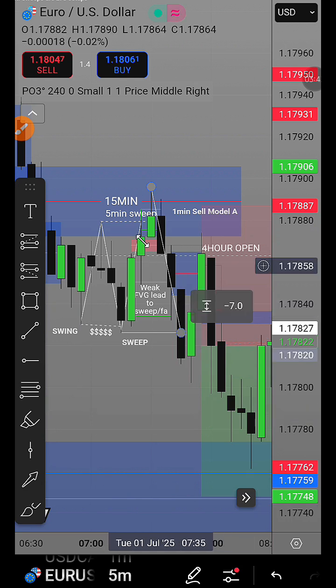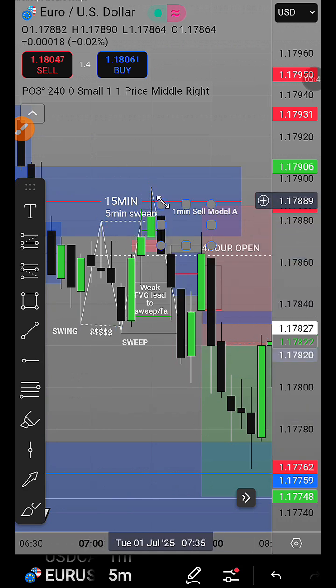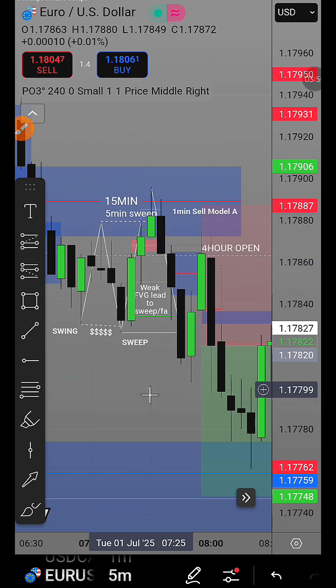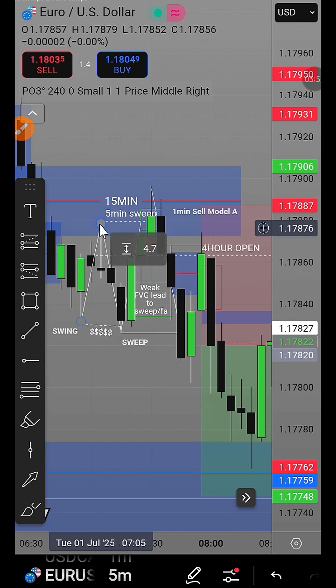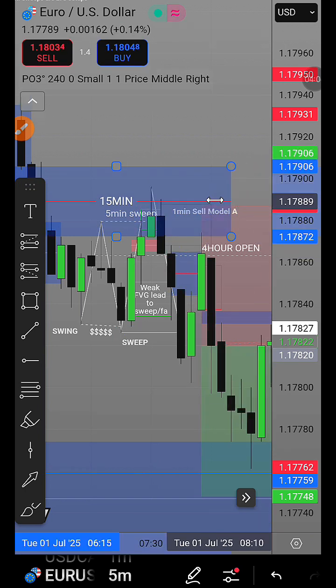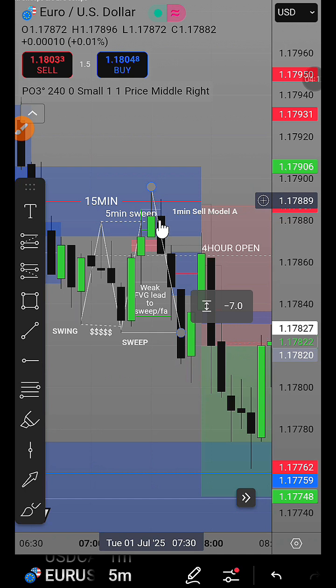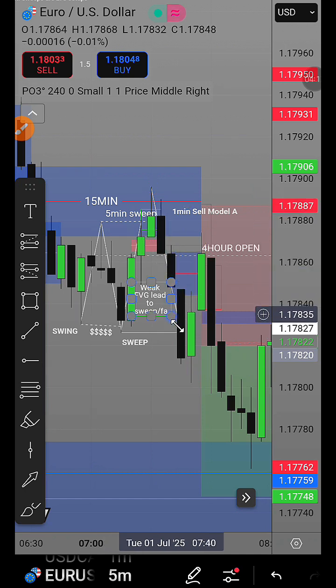As you can see here, it did not displace above it, it only swept and then it fell, right? So because I was looking for buys, I wanted to see that this sweep, this failure swing, displace above this high, and in turn also while doing so displacing higher, inversing this 15-minute bearish FEG. So you can see it didn't do that. Instead it just swept and then it continued lower and lower and lower.